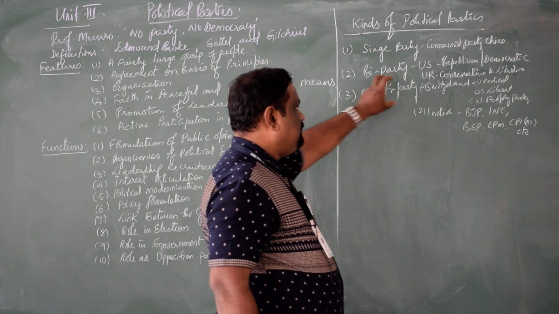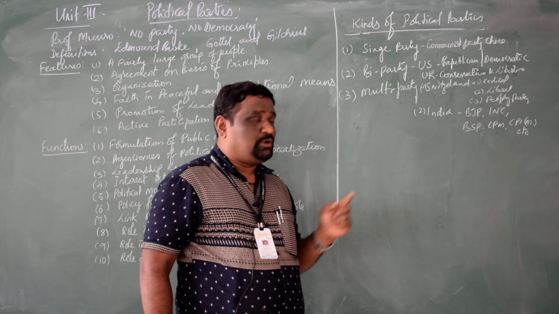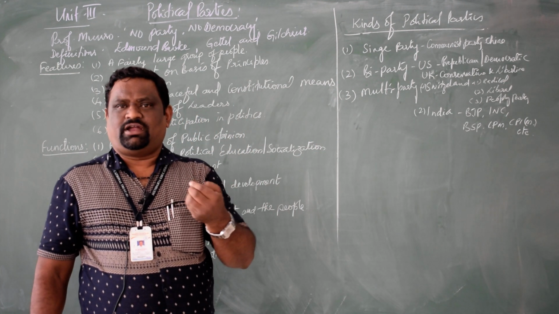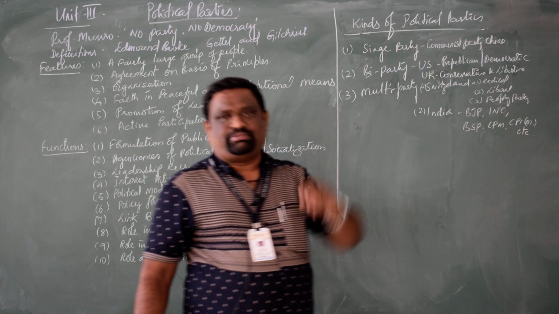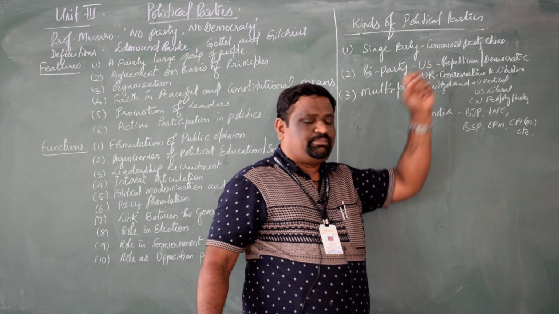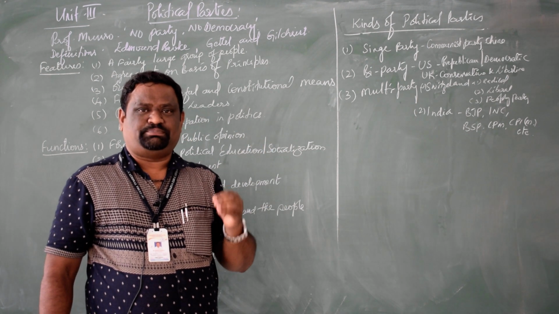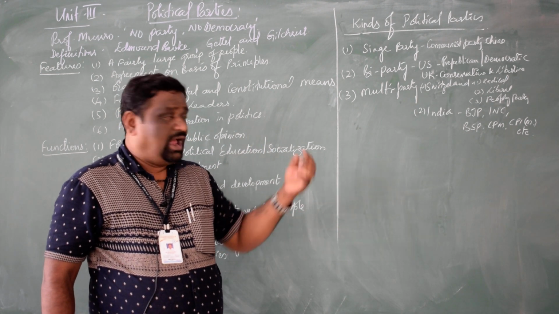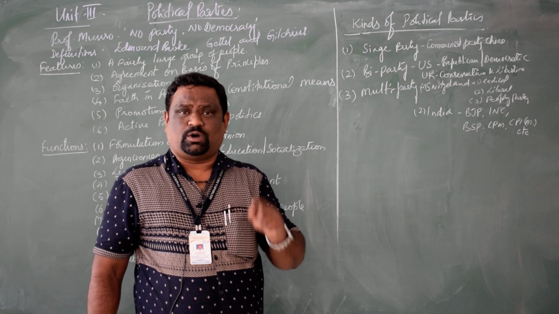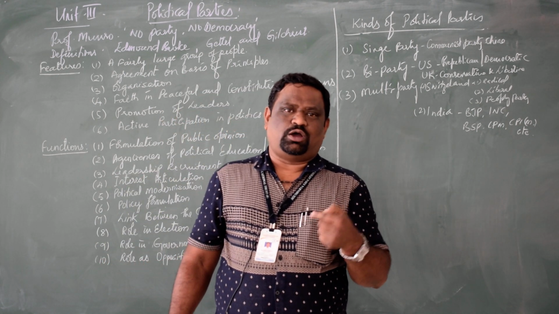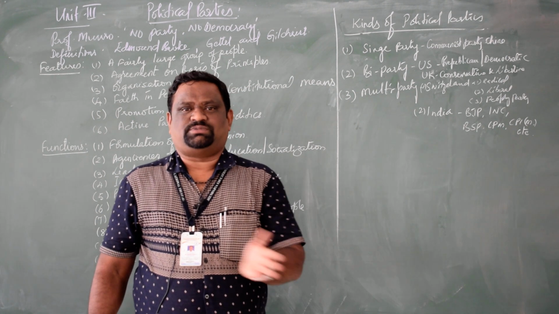In this way, let me give the example of the multi-party system, that is Switzerland is the best, because there especially 23.5 cantons will follow three major political parties, namely Radical Democratic Party, number one, number two, Liberal Democratic Party, and coming to third one, People Democratic Party. These three are the major political parties in Switzerland. And coming to the India example, India is the best example for the multi-party system, because India is not just having one or two or three, we are having national level parties, regional parties as well as independent parties.